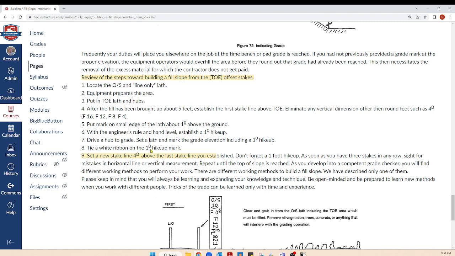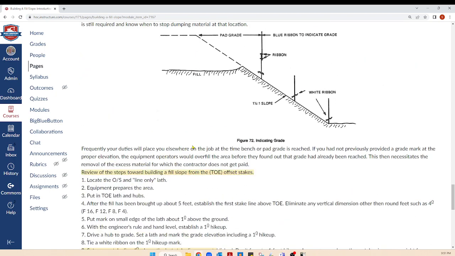Tie a white ribbon if it's a 1 foot hike up mark. By the way, those hike ups are called boots. The hike up is where you put the boot, and we'll get to that. Set a new stake line, 4 foot above the last stake line. So we're setting these lines